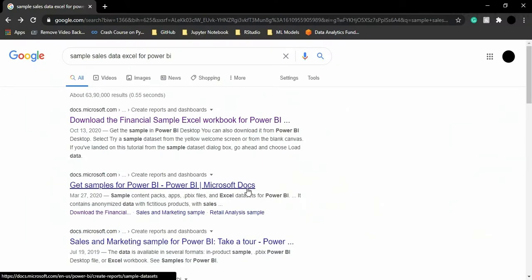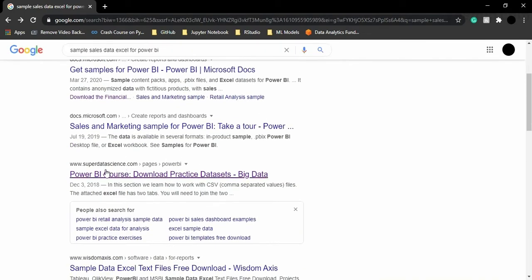So for beginning, we are just going to go with another data source, right? So if you just scroll down, here is link of superdatascience.com. If you just go onto this website, here we will find these different kinds of data sources which are clean, and we can work on them as a beginner as well. Okay,